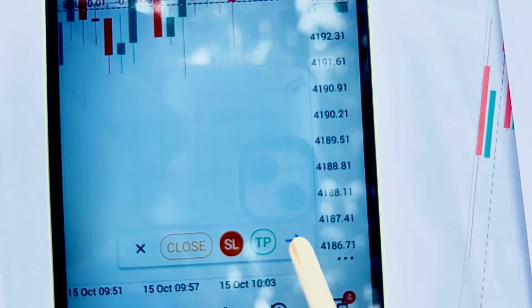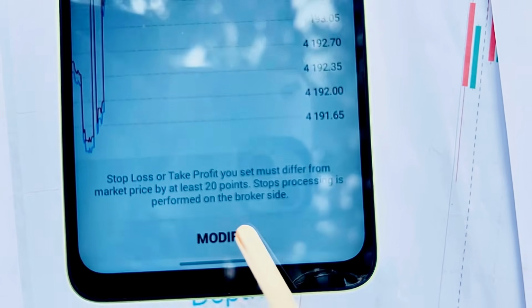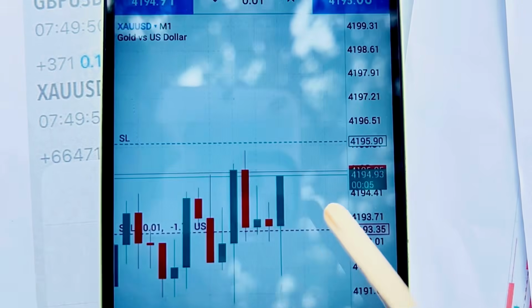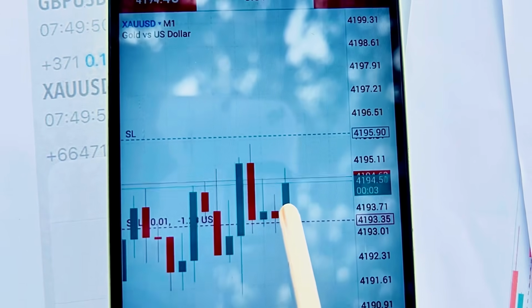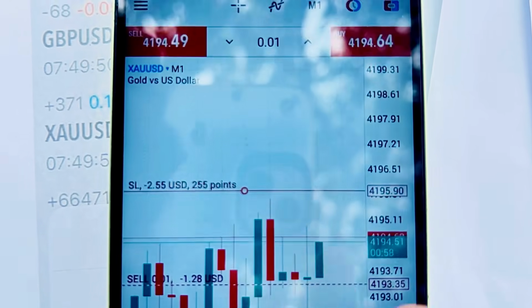We click this arrow here that is pointing to the right, and once we press that, we have to press what? Modify. All right, the order is modified, which means we've managed to set a stop loss. So if this graph gets in here, we'll take a loss of what? Of $2. If we tap here, you'll be able to see